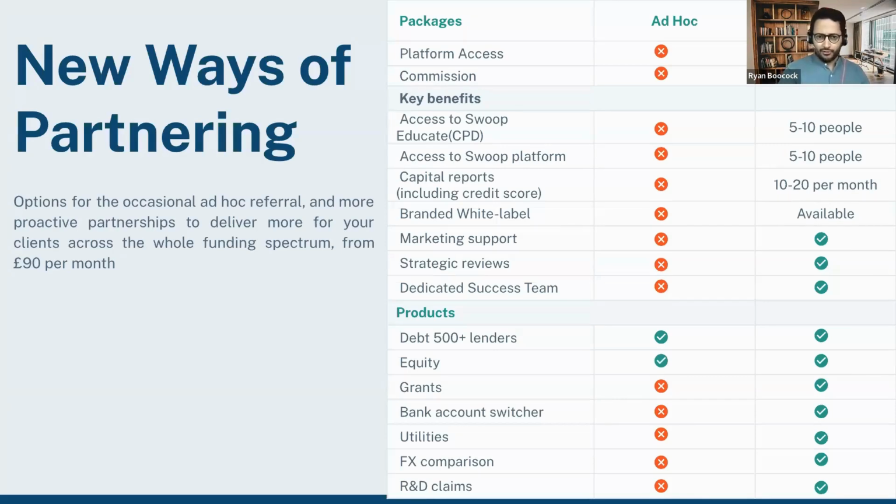We will be switching off free access to the platform, but we'll be offering a slimmed down version of access to debt and equity for those of you who do not get many requirements on funding from clients, perhaps those of you who don't particularly want to be doing more work in this. And then at the other end, for those firms that want to get more engaged with this, be part of the 57% earlier that we saw doing more, we provide more in the way of services, both on the platform and on the funding side, but also in terms of the customer success team, which actually was put in place last year and we've added to since then.